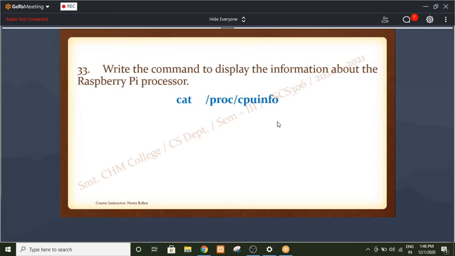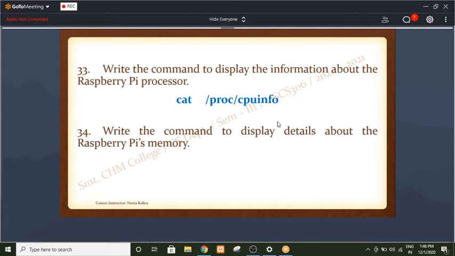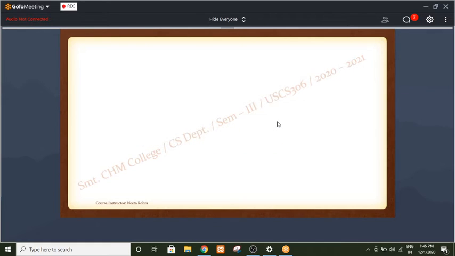Then we have even seen the hardware commands, cat /proc/cpuinfo, which will give you the full information, and memory information. This was specific to your Raspberry Pi. I'll be showing you the outputs of them. But before going ahead with this,